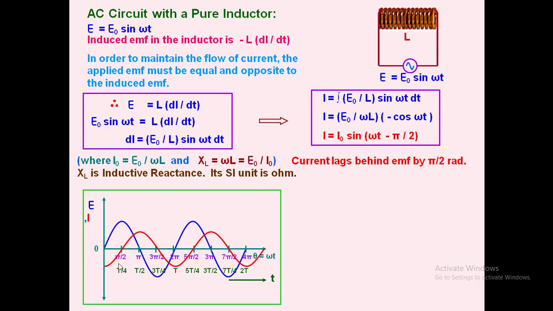But if you see the current, here it is cos omega t, or omega t minus pi by 2. So when I say cos omega t, already we have seen in the first video how a cos function will produce a sinusoidal wave, because cos is going to have maximum value at 0. So that's the reason current is maximum at 0 and becomes 0 at pi by 2, again becomes maximum at pi, becomes 0 at 3 pi by 2 and becomes maximum at 2 pi. That means you can understand that there is a phase difference between EMF and current of pi by 2.